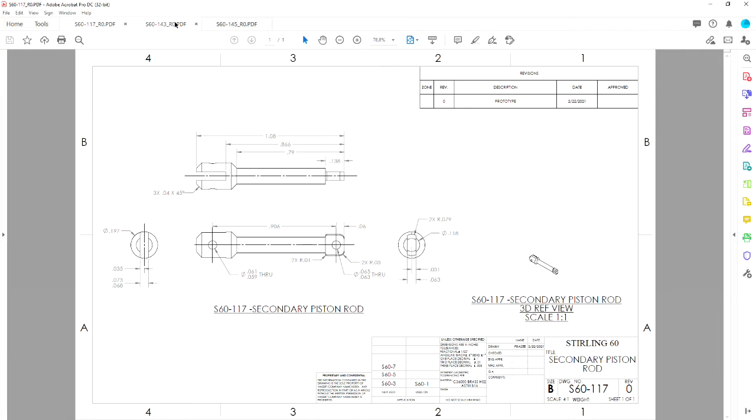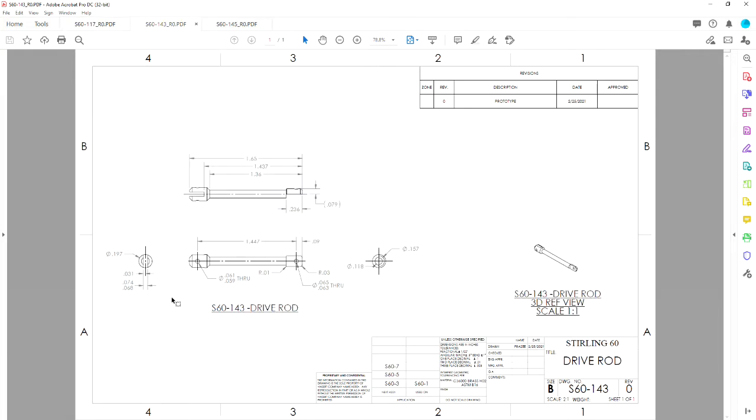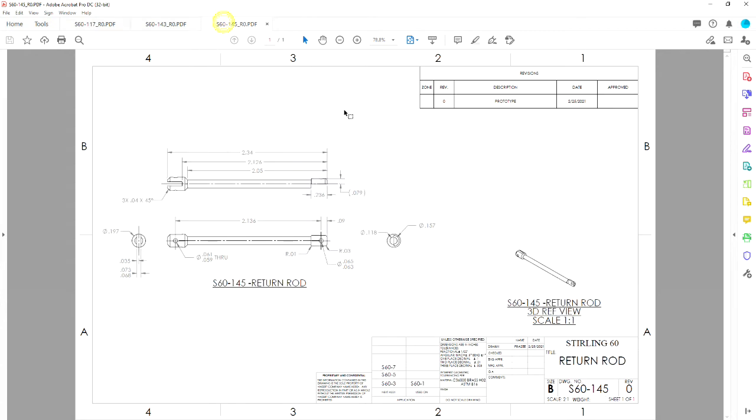Now we have two other parts that have similar features. Here's the drive rod. So the left side of this connects to the rod end piece, and the opposite side connects to the return rod and the crank. And so instead of having a tab on it, it has a half round. And if we look at the return rod, it's identical to the drive rod except for the length and the